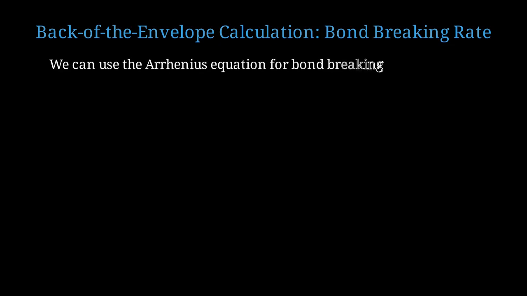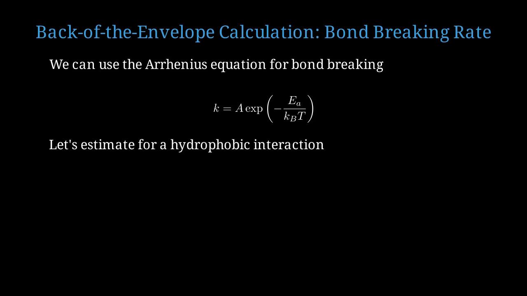Let's do a quick calculation to understand how fast these bonds break and reform. This will help us understand the relaxation time of cheese. The rate at which a molecular bond breaks can be estimated using the Arrhenius equation. The rate constant k equals a pre-exponential factor A times the exponential of minus the activation energy divided by Boltzmann's constant times temperature. Let's estimate the breaking rate for a hydrophobic interaction with activation energy around 3 kilojoules per mole,